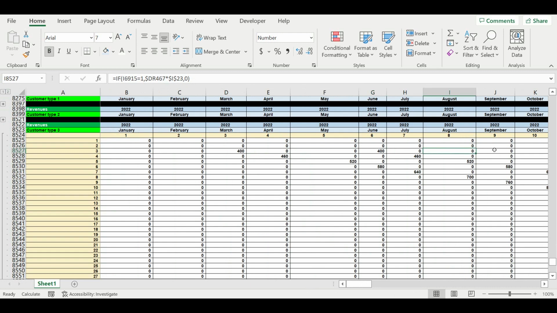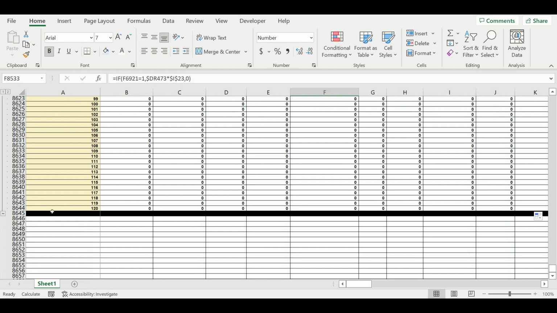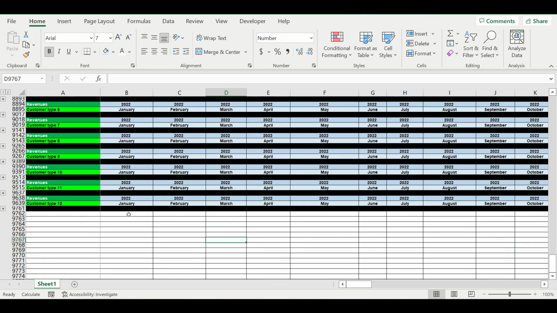So we have only 2 payments for customer number 3 according to all the input that we made. And now I will do the same exercise for all other types of customers. So we did the same exercise for all other types of customers, and now it's time for us finally to